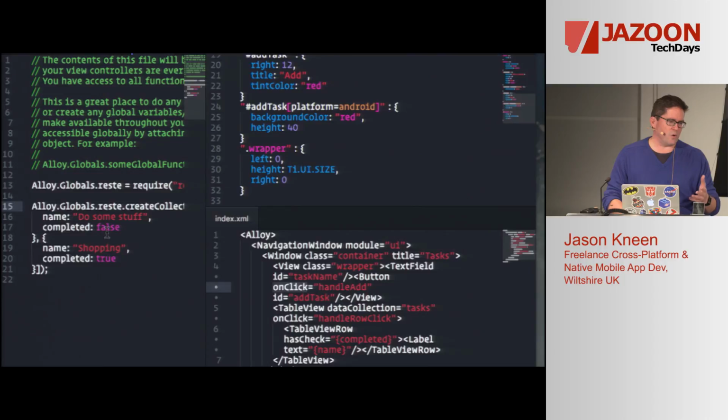And then we've got our Alloy file here. This is like your startup file almost, like your global file. With this, I'm using a little library I wrote that just generates collections and models using Backbone more easily. So it's just a sample: here's an array of data of two items, one's completed, one's not. I'm just creating that task collection. And then in the table view, I've assigned that into the data collection there. So if I just fire up